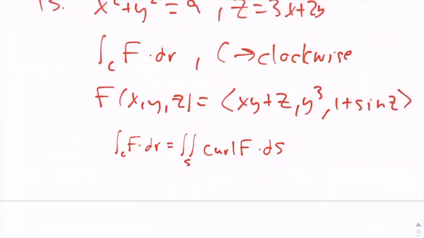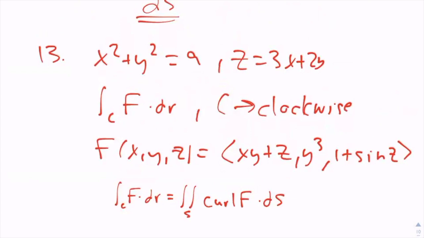One important thing to note here is that, as I mentioned earlier, Stokes' theorem is simply relating a line integral to a surface integral. And as we mentioned earlier, with vector surface integrals, when we have a vector field and we're trying to find the surface integral for a vector field, the normal vector is going to be important. I want you to keep that in the back of your head